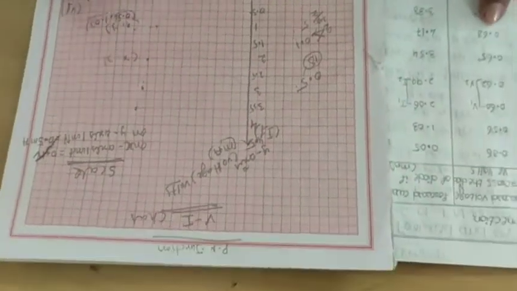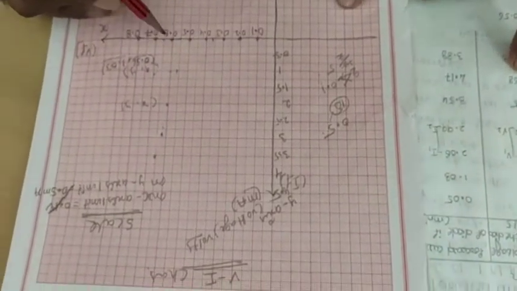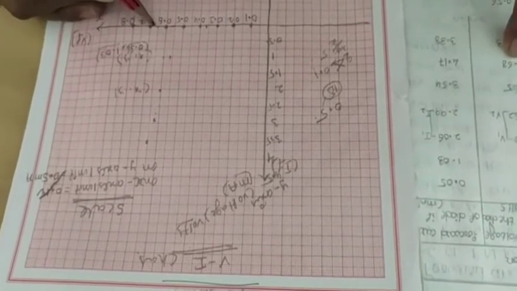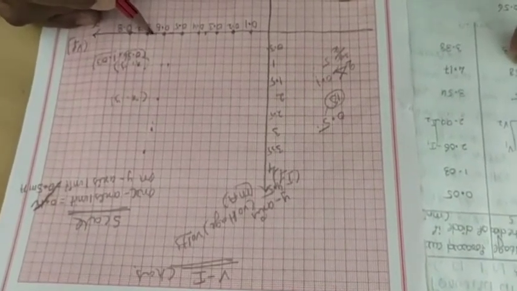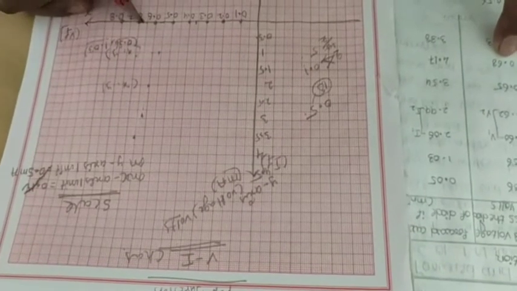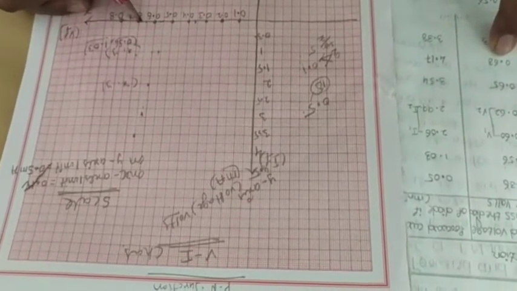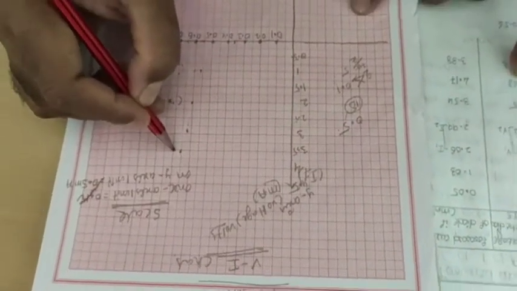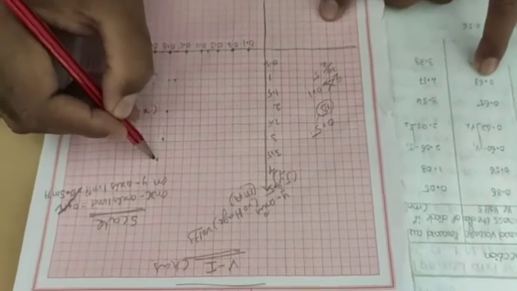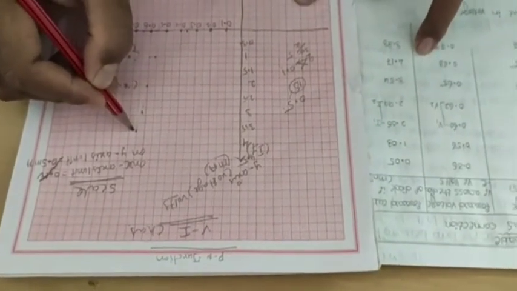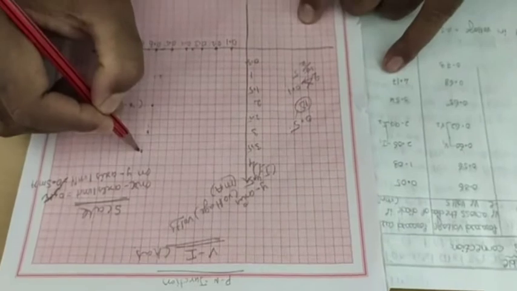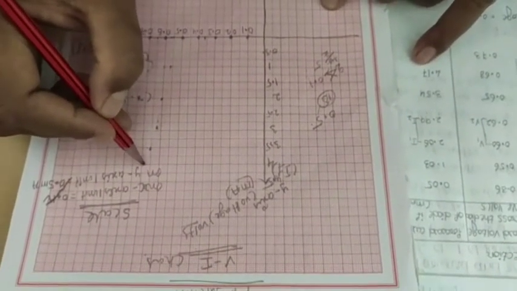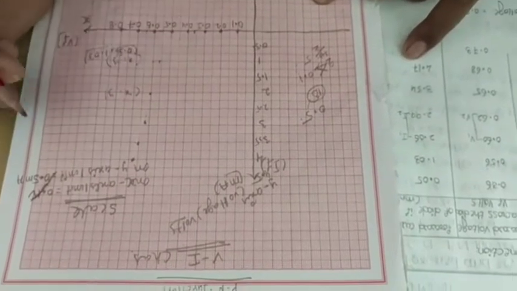Next, 0.68. 0.68 means 0.6, 0.65 and 0.68. In the third line, each line: 1, 2, 3. In the third line, 1, 2, 3. Here you can mention, observe 1, 2, 3. This is 0.68, but we require the current 4. This is a 4, in the 0.6 line: 1, 2, 3, 4, like that.